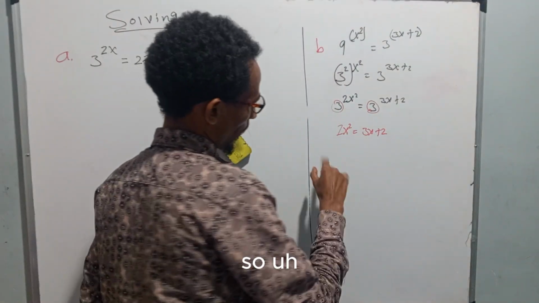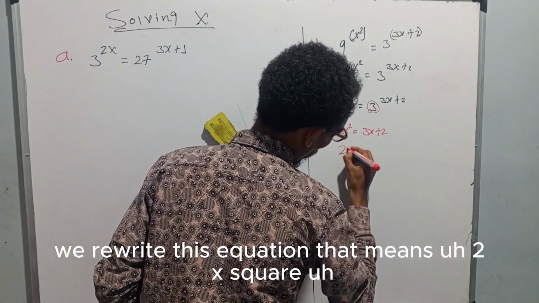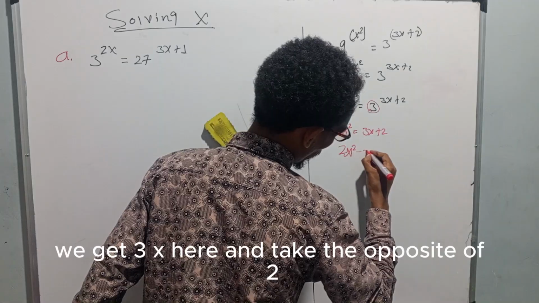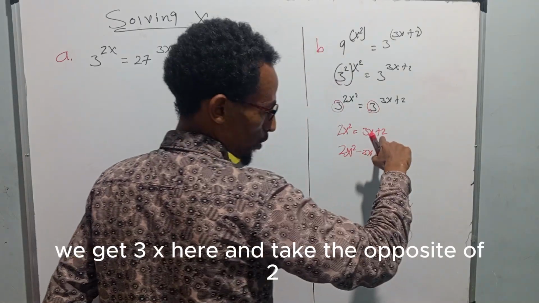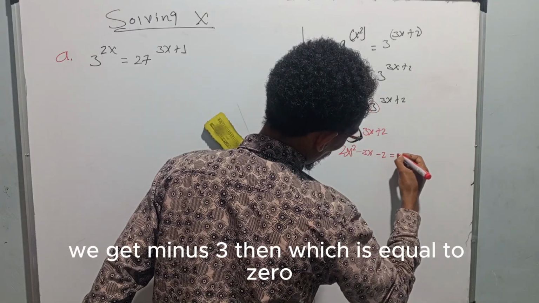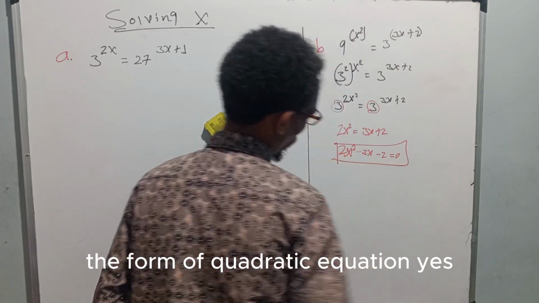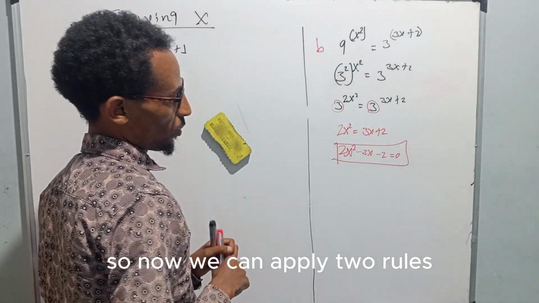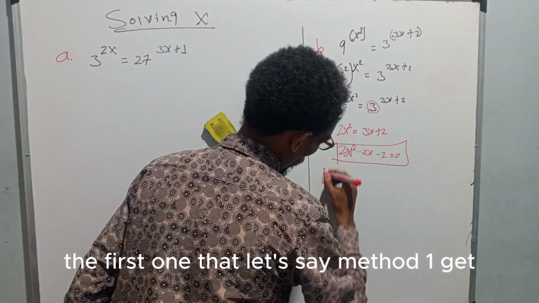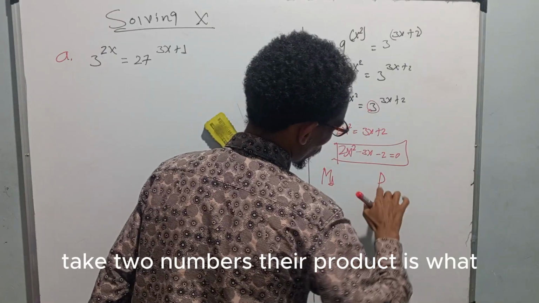So we rewrite this equation. That means 2x squared, take the opposite of 3x on both sides of the equation, we get minus 3x here, and take the opposite of 2 on both sides, we get minus 2 here, which is equal to 0. This equation is in the form of a quadratic equation. So now we can apply two rules. The first one, let's say method 1: take two numbers whose product is